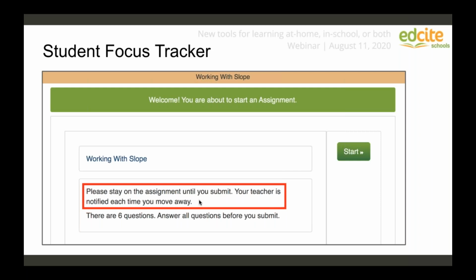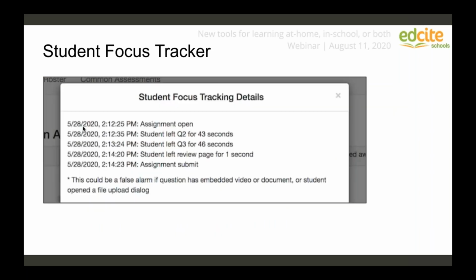I know there have been a ton of schools talking about how do we actually document or measure when students are actively working on their assignments versus doing something else. And so this is just giving teachers more insight so you can see with the student focus tracking details after they submit. You can see what time the assignment was opened, and you can see timestamps for any time that